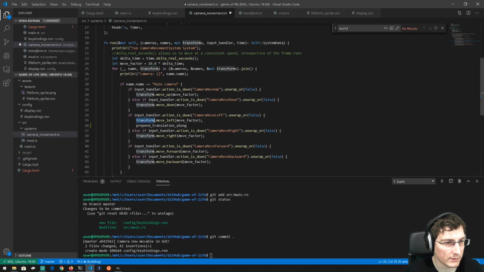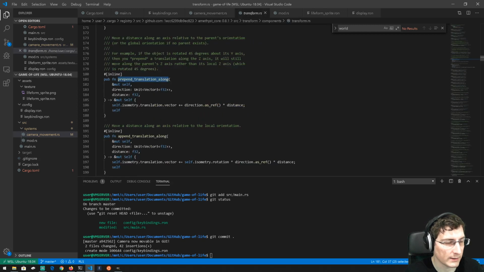So we're gonna do a transform, prepend translation along. So instead of moving left, prepend translation along, and then it was saying it expects